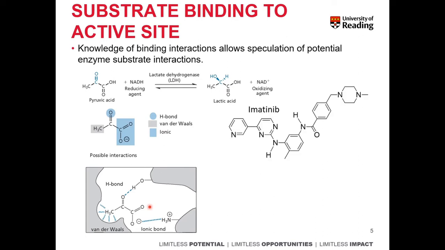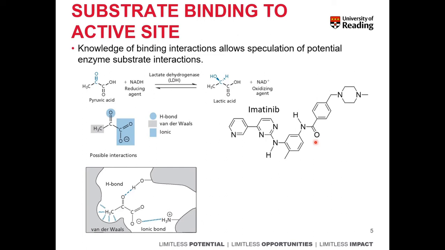So for example, here is a molecule of imatinib. Now this molecule has an array of functional groups present. It has heteroatoms incorporated into six-membered rings. It has NH groups, it has a carbonyl group here, and a whole host of other chemical features. But by knowing what interactions these groups could have, we can have a guess as to what happens in the